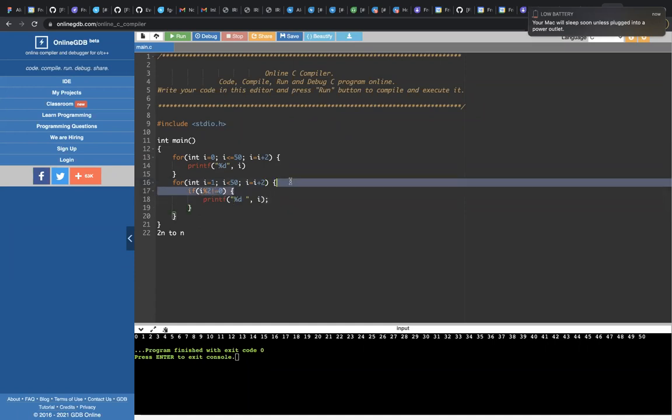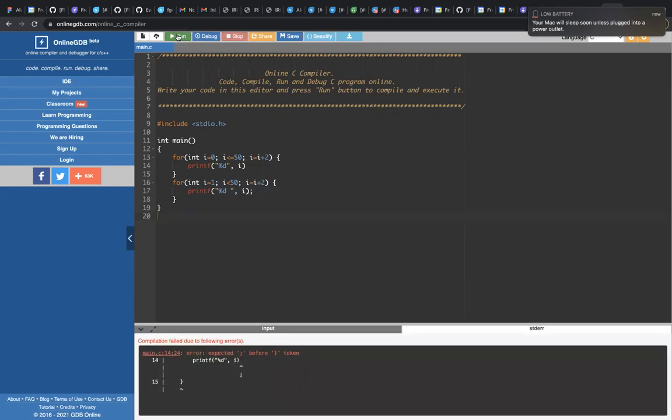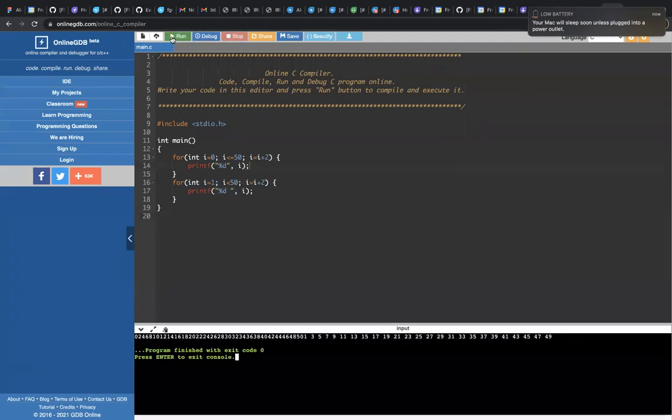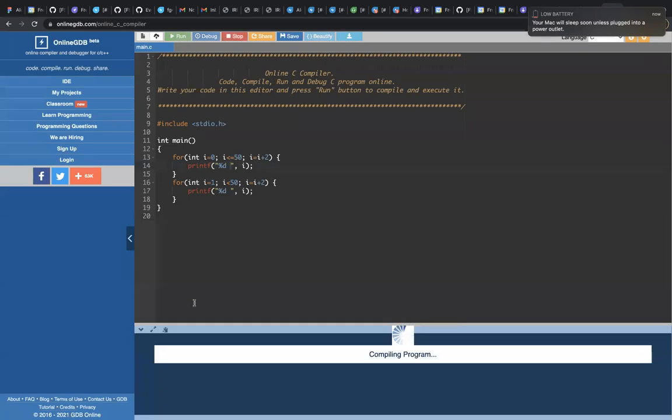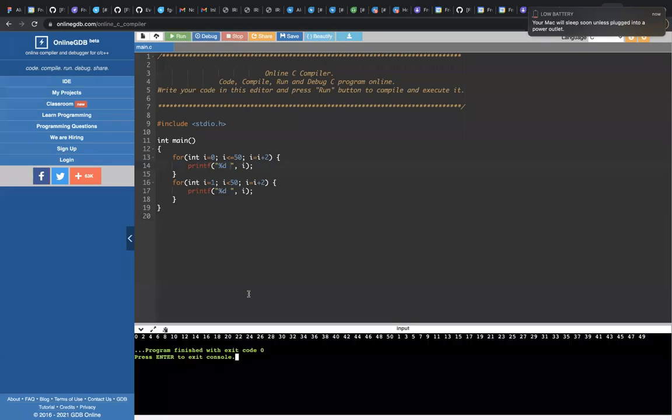Here also I don't need this if block. So now I will run this. If you see here, the output is similar.